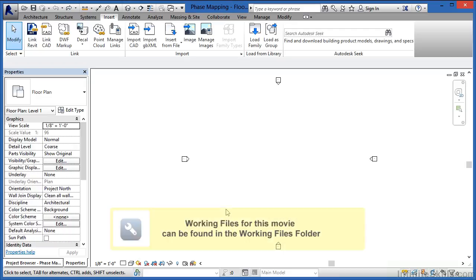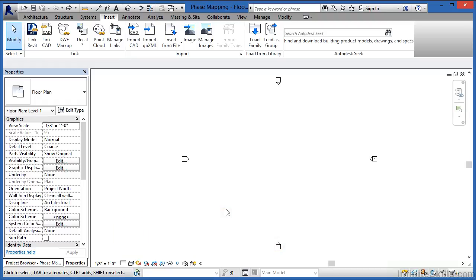Sometimes when you're doing a Revit project, you'll need to link in other Revit projects into your own project environment. When you do this, one of the things you need to consider are the phases associated with that project that you're linking in. You want to make sure that those phases match up with the phases that you have inside